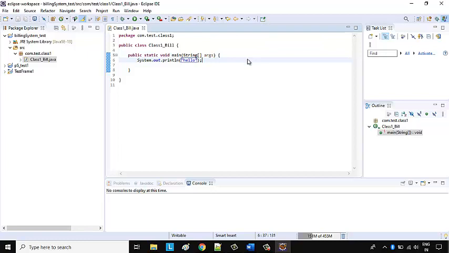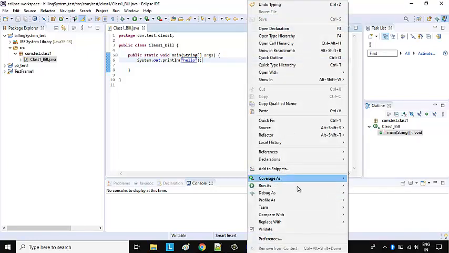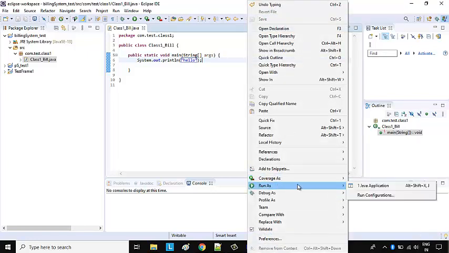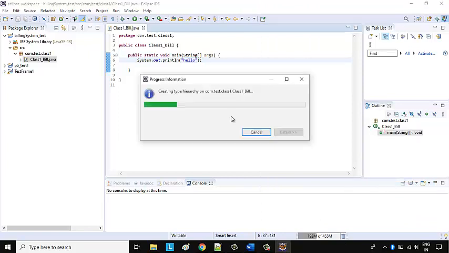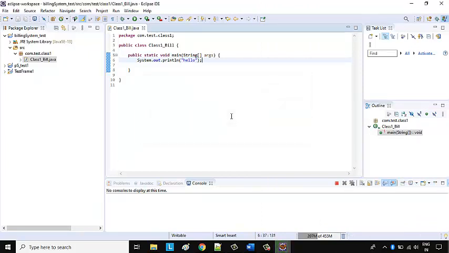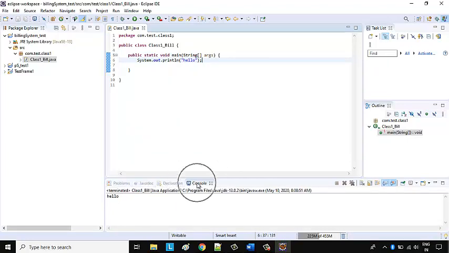We just select run as Java application. Once it starts and executes, you will see in the console, this is the panel over here, the console, you will see the console says hello. Okay, so it means integration of the class with the package and the project is done.